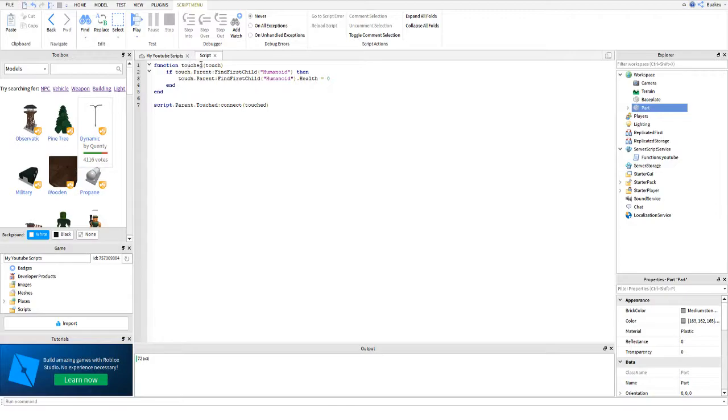Now let's say we want to do a player added event, like when someone joins the game, you want it to say something. So now to do that, we'd name this player joined and change touch to player. So now if we do,